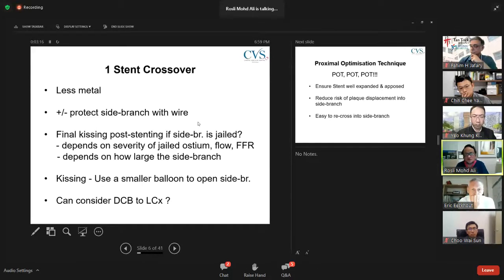Now, 1-stent crossover, especially if it's not a true bifurcation, is ideal because you do not have too much metal in it. Obviously, you need to protect the side branch with a wire in case you lose that side branch. You don't have to do it in all cases, especially if the side branch is not diseased or has very minimal disease, then you may not even want to protect it. But I suggest for people who are in the beginning of doing left main stem bifurcation, you would want to protect the side branch, and at least you'll be more confident that you'll be able to salvage the side branch